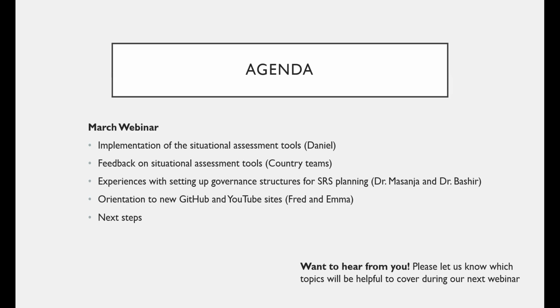We'll follow that up with two short presentations, or potentially just one, from Dr. Faza, on her team's experience with setting up governance structures as part of the SRS planning activities. She has a short presentation that will give good insight into how some teams are approaching developing these types of structures, the intensity and the number of stakeholders involved, all of it. Hopefully we'll also have time for questions then.